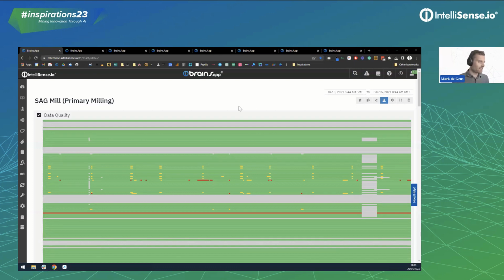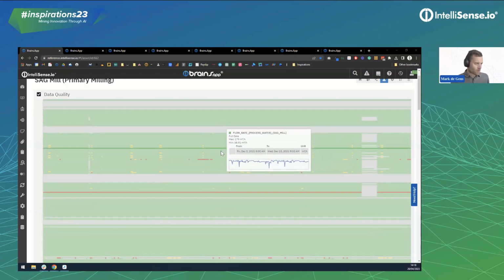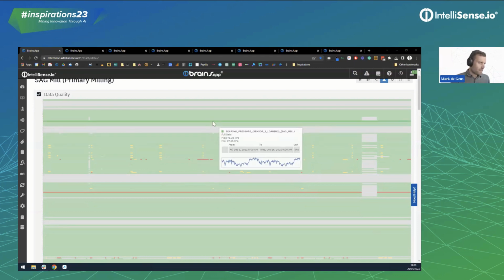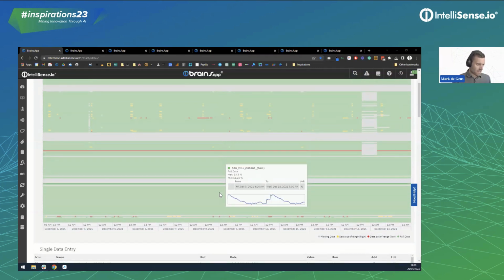As you can see here, for a single asset, I'm now inside Brains app, all the data coming through for this particular common configurable asset of a SAG mill. You can see it coming through and all the quality features that we're pointing out here automatically. But naturally, this is not the amount of data points that a standard SAG mill